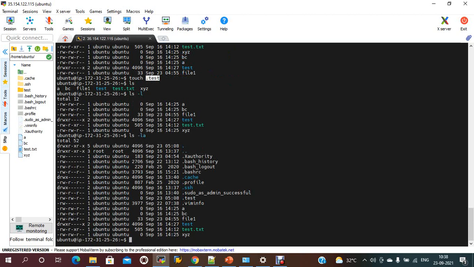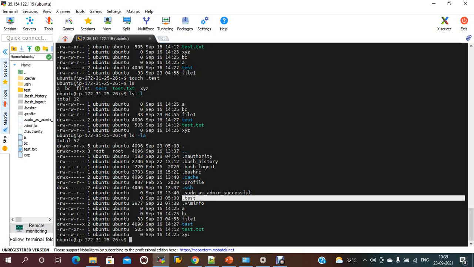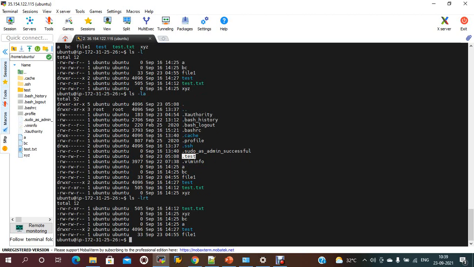Okay, if you see where we created .bashrc and .profile, see here .profile also, and the .txt file also is created here. That's why, if you need to display hidden files, then you need to give the -a option, ls -lat. If we need to see only the files and directories, ls -lrt is fine.